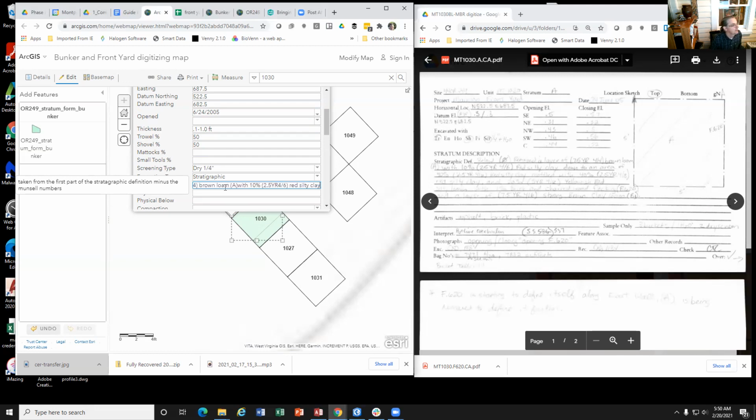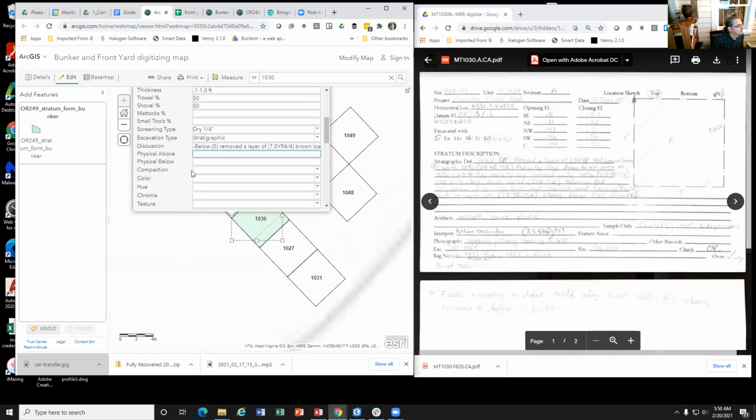And then after this, what you'll do is you'll enter in the compaction, and I'm going to move the physical below, above and below to down here. I've moved some of these around since we met before, just so it conforms with the form. I forgot to move these two. But then you'll start to put all the description for the layer into these fields right here.